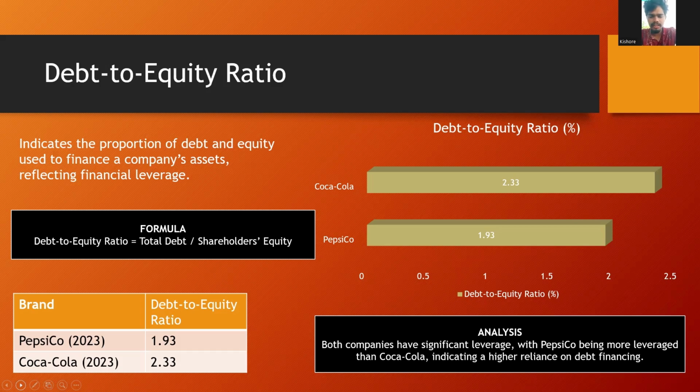A high ratio indicates aggressive growth, but lower ratios suggest financial stability without expensive debt dependence. The formula for the debt to equity ratio is total debt divided by shareholder equity. Shareholders are needed in every industry sector. The ratio shows how the industry is growing up and growing down.